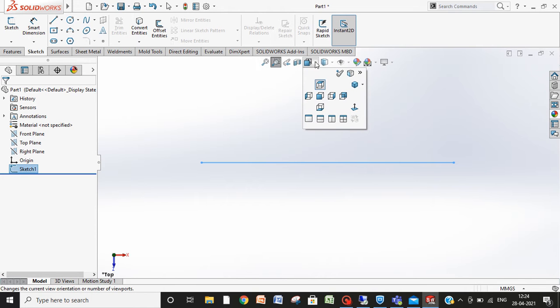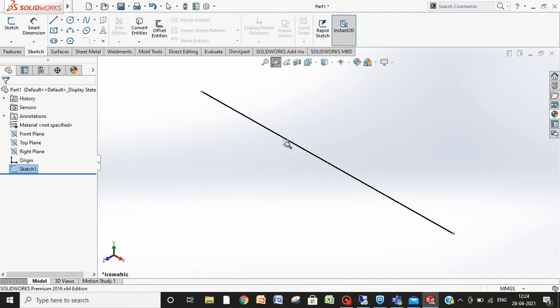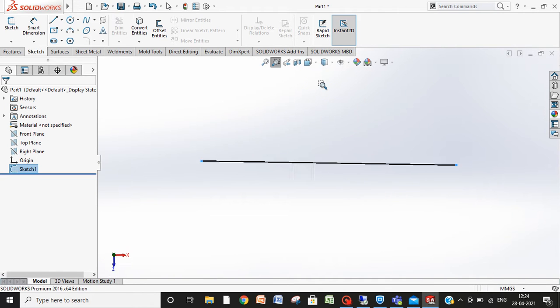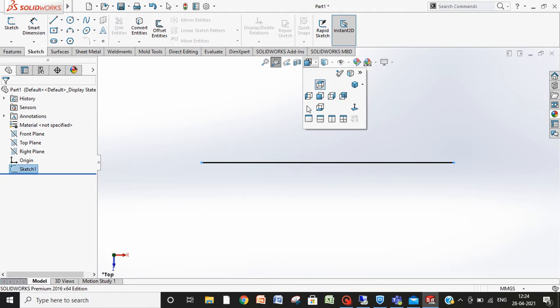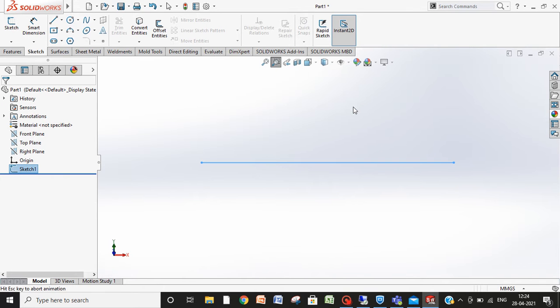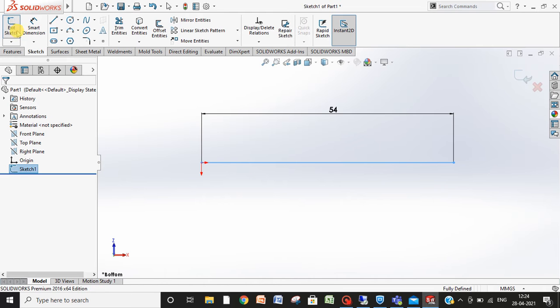This is the view, how you want to see it. If I want to see it in isometric, it will be isometric. If I want to see it from the top view, here you can choose your view, how you want to see your figure. And this is normal to view, which is used in a sketch only.